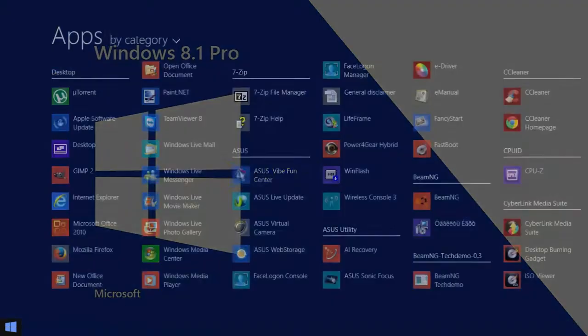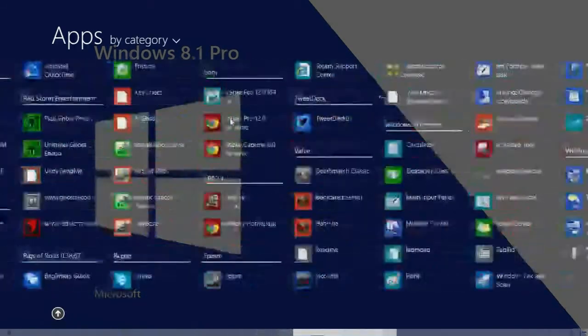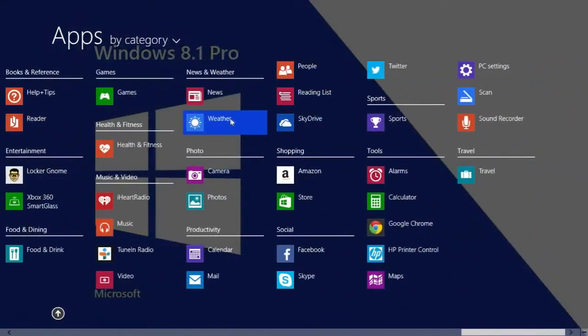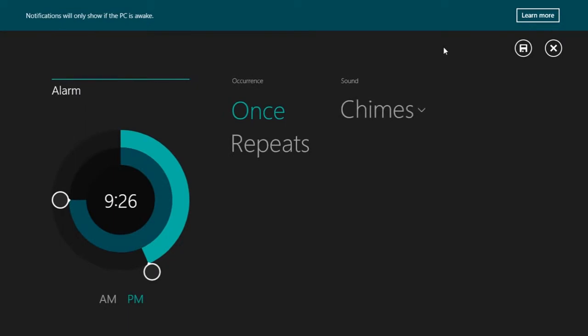And let me see what else. Of course, new applications. You've got an alarms app, which is a nice thing. If you have a Windows tablet or you have a Windows 8 machine that stays on all the time, I can see this to be a really helpful thing. And if you've got good speakers, my laptop doesn't have the greatest speakers at all. Well, I can't say at all. It's better than some machines. It was definitely better than my dad's old Dell computer. That machine